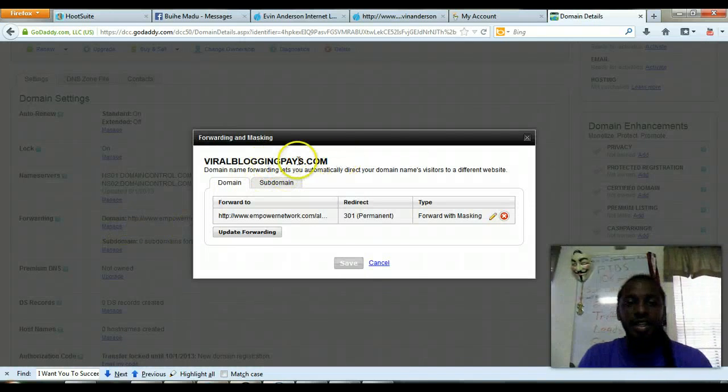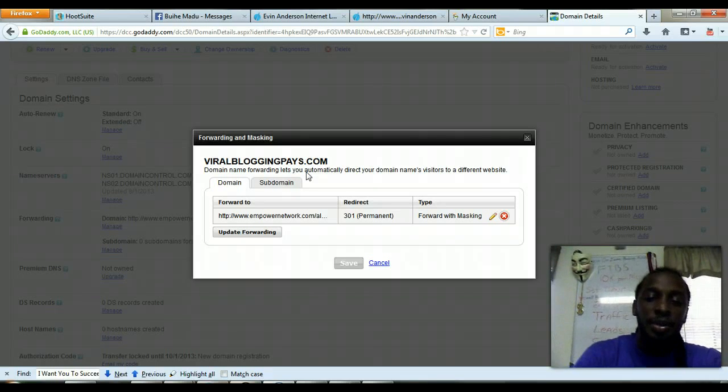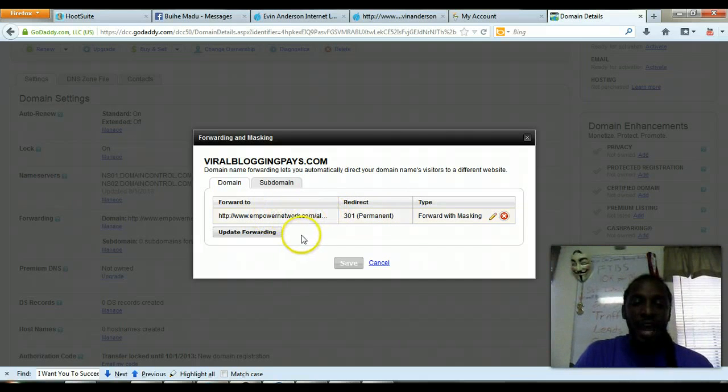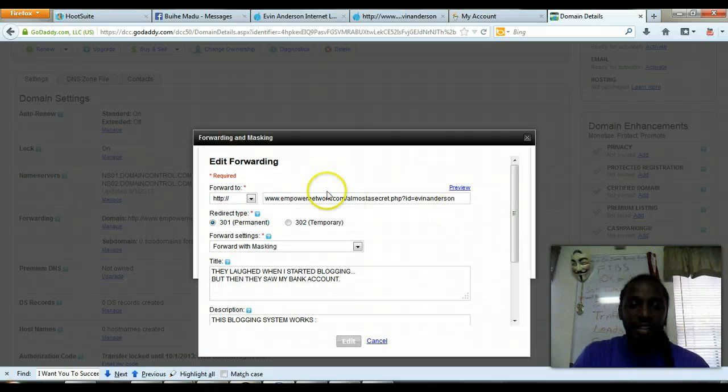It takes you to the screen here, and on the screen that you'll be seeing, if this is your first time going in and doing it, it's going to ask you to add a domain name. And simply what you're going to do is come in and add it. It would be an add button somewhere around here. You add it, and I'm just going to go in here to edit,